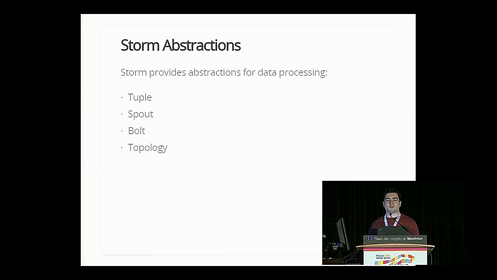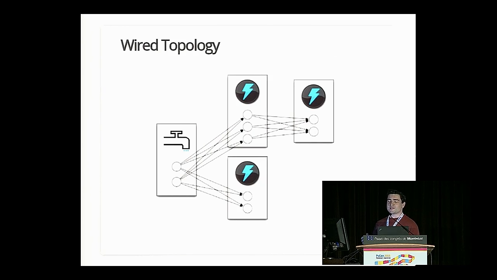Basically, Storm provides an abstraction for computing that can operate at cluster scale. And the abstraction is really simple. These are the four concepts you really need to know about. There are tuples, spouts, bolts, and a topology, which ties it all together. A wired topology looks something like this, where essentially there are components that are emitting raw data. That's the spout on the left-hand side. And there are components that are consuming that data, transforming it, possibly sending it to other components, and possibly having side effects like writing to databases and things like that. And that abstraction kind of covers pretty much every computing use case.